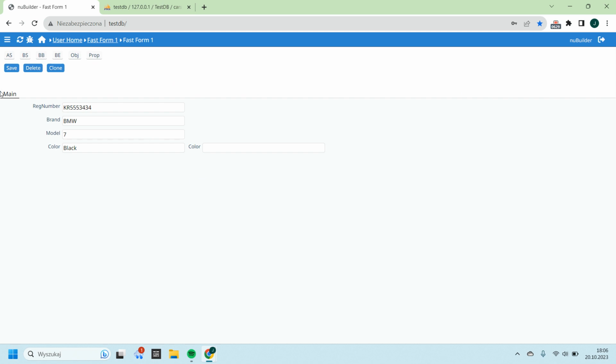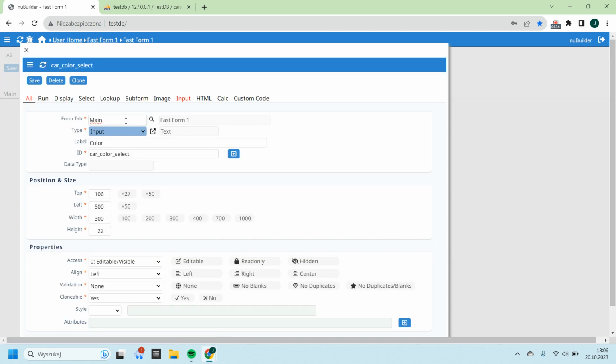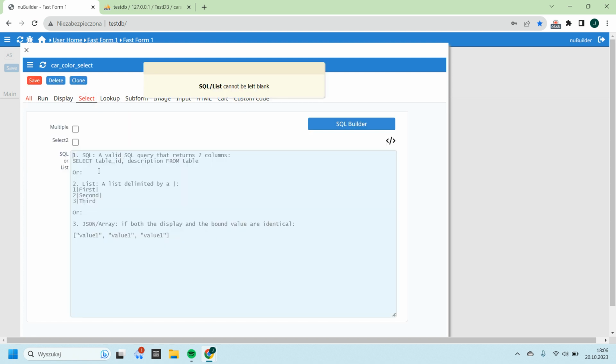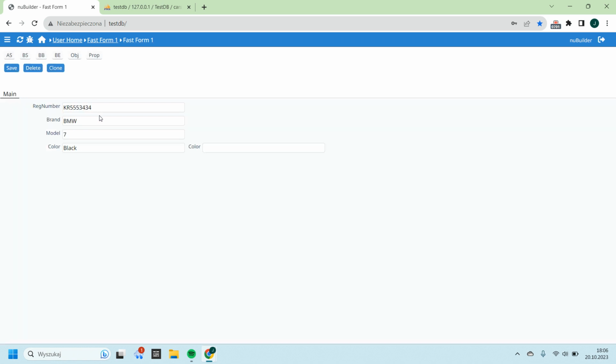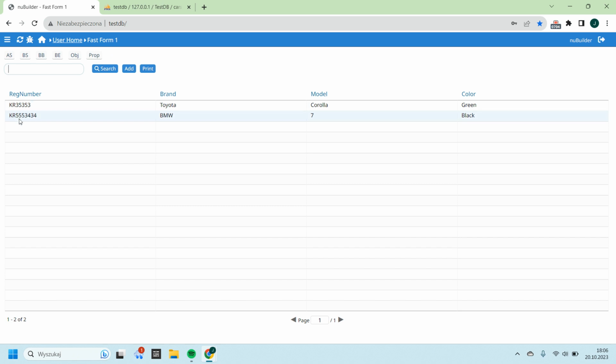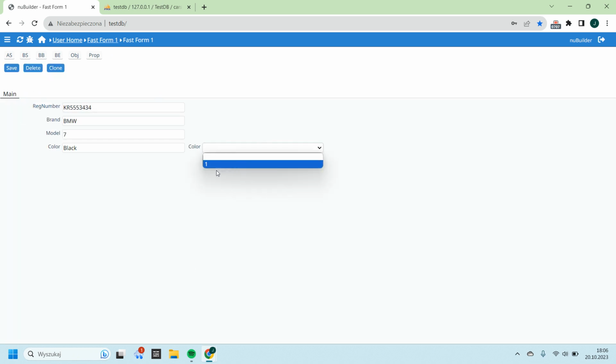Okay, and now it's far enough on the right. So now to change the object type, I can use, for example, select. Yeah, and if I make save, I cannot save because the select tab is not defined. So for the moment, I can put anything inside just to make it save. Okay. And if I refresh like this, I can see here I can only choose one